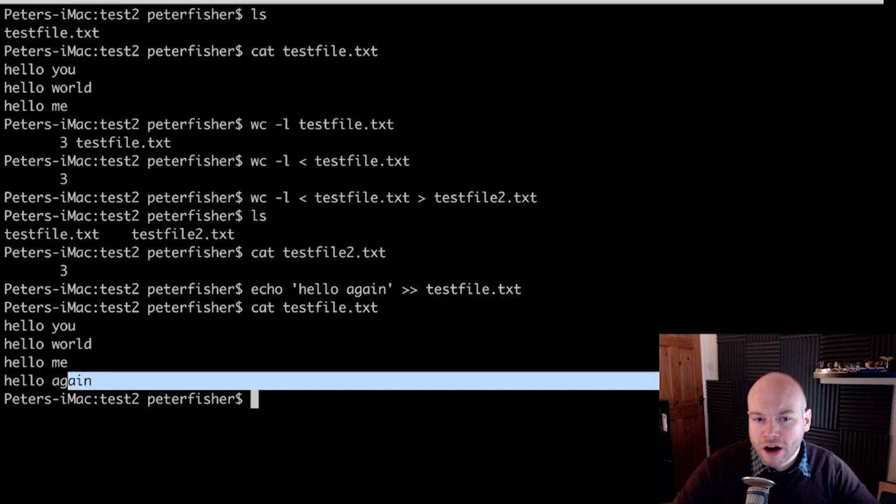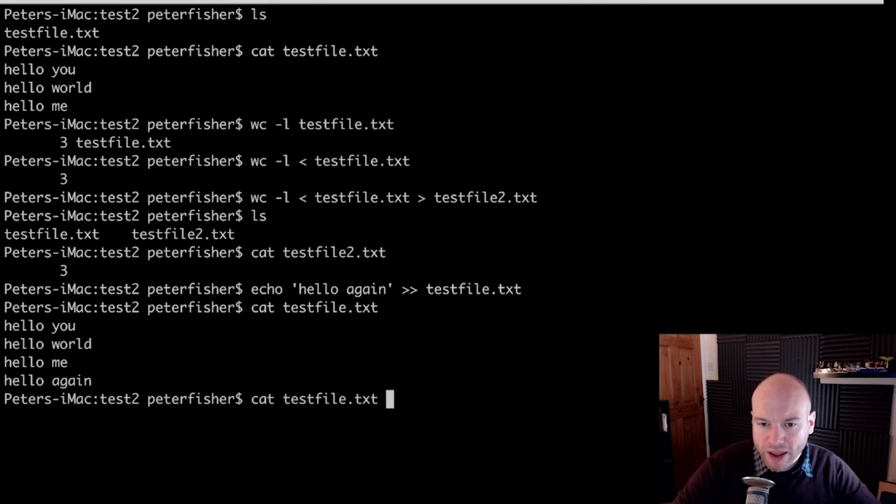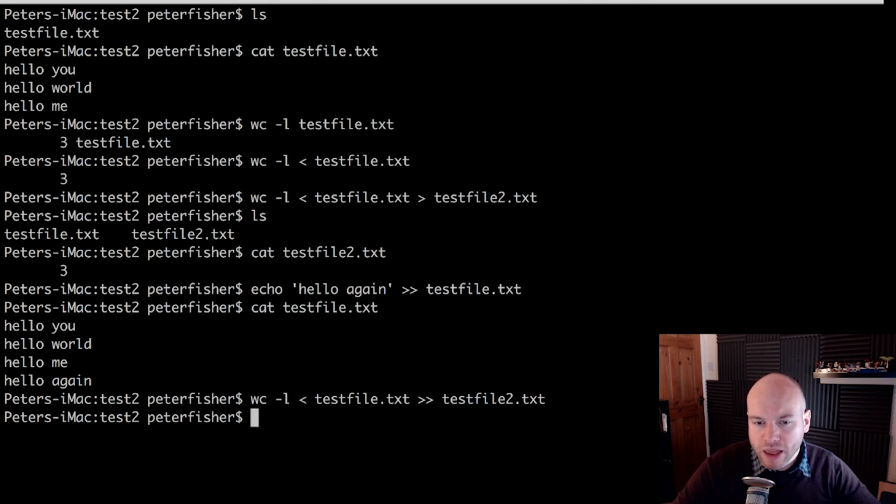That's the new line that we've just added, which means that if we ran this command, we should get 4 instead of 3. So let's go up again a couple of times to bring out that one. Now be cautious here. You want to ensure that that is a double greater than symbol because we're appending it. We don't want to get rid of the original. So press enter on that one, and let's cat out testfile2.txt. And here we have 3 and we have 4 because 3 was the original, 4 was the new one,